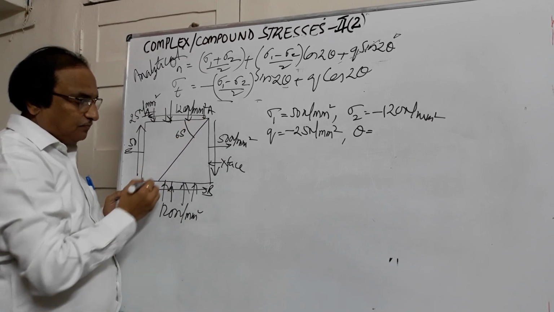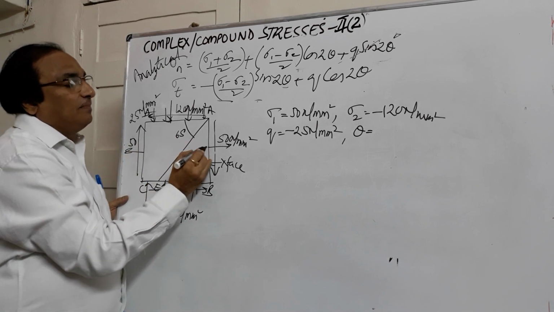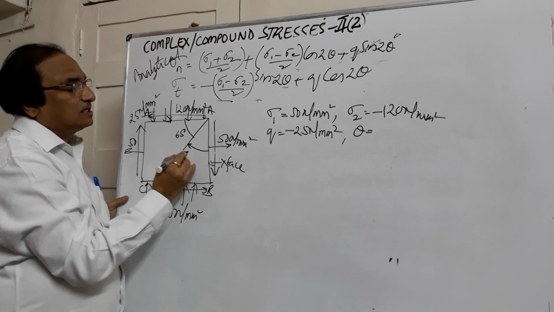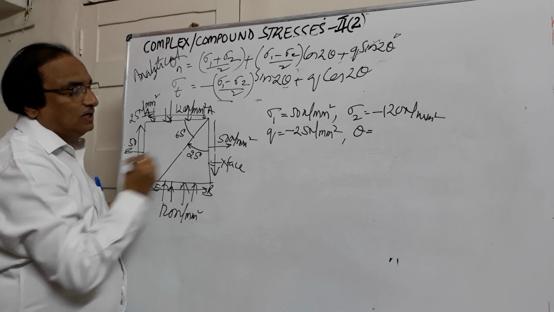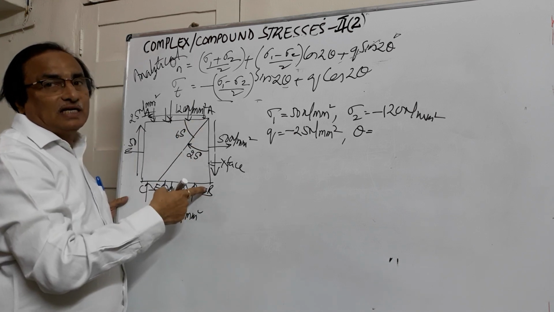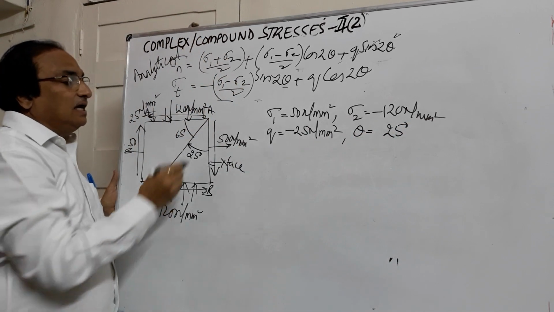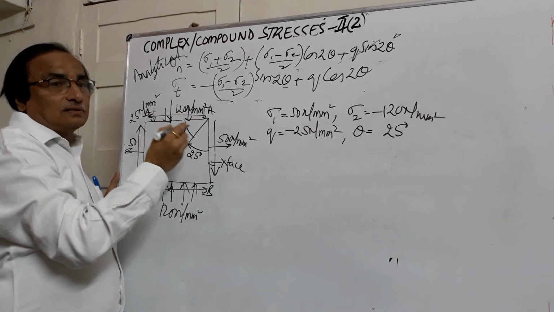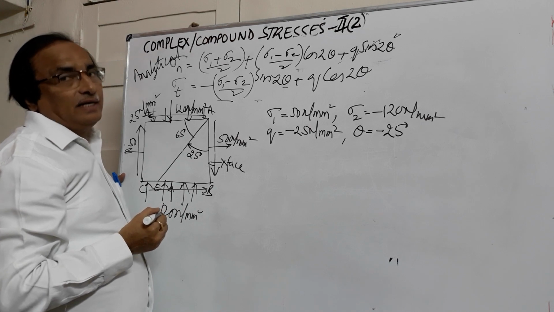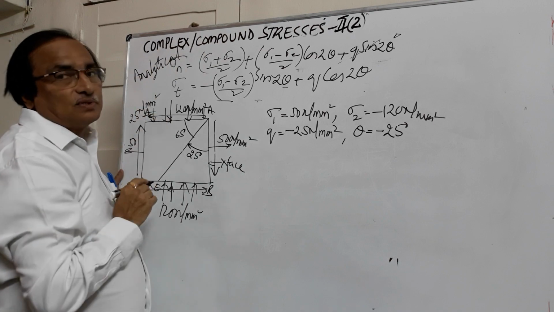Now coming to the angle theta, we take this angle theta with the x face. Here if you see this plane BE, he has given this angle as 65, but if I measure it from the x face, 90 minus 65, this angle will be 25 degrees. So for our calculations we will be using this angle with the x face, 25 degrees. Second, we are measuring in a clockwise direction, so whenever we measure the angle in the clockwise direction, we take it as negative. So this data with the signs is important. Rest of the thing is substituting in the formula.